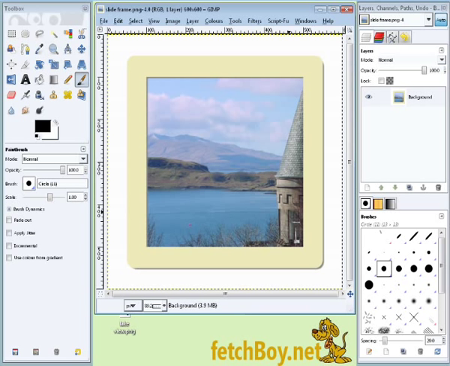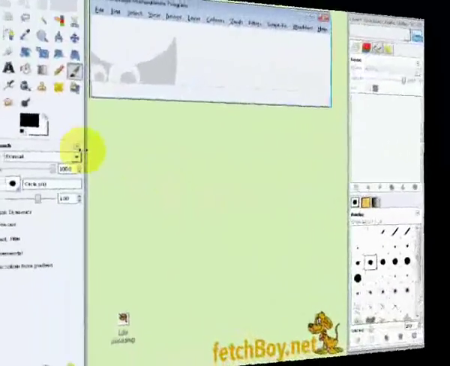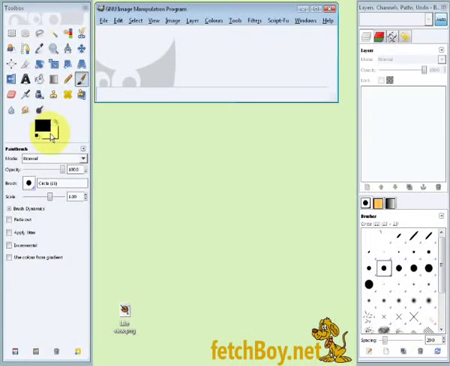like it to look. The nice thing about this project is that when you finished it you will have a frame that you can use on any photograph, so you'll be able to use it again and again for different photographs, different pictures. So start up GIMP and make sure that your foreground and background colours are at the default